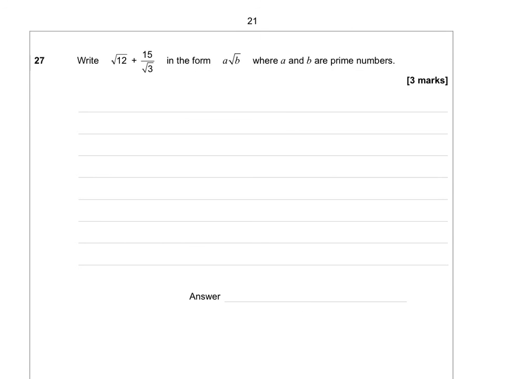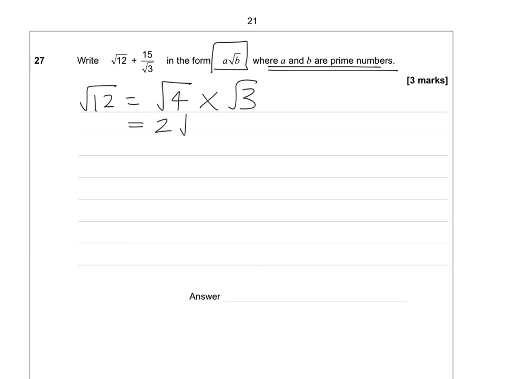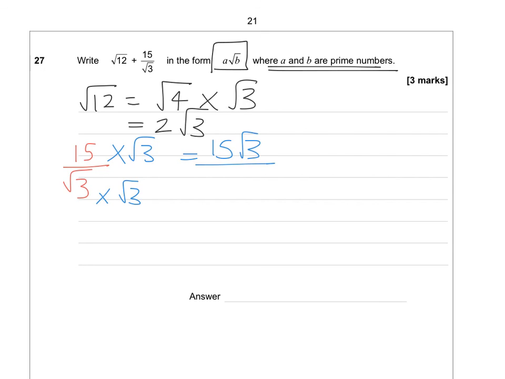Question 27. Write root 12 plus 15 over root 3 in the form A root B, where A and B are prime numbers. So root 12 has an obvious simplification, root 4 multiplied by root 3, i.e. 2 root 3. 15 over root 3, we clearly have to rationalise the denominator, so multiply by root 3 over root 3, giving us 15 root 3 over 3,